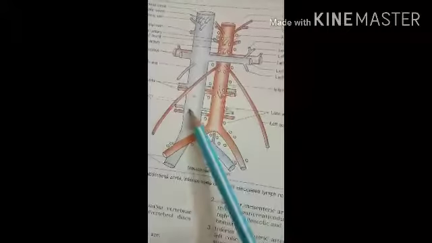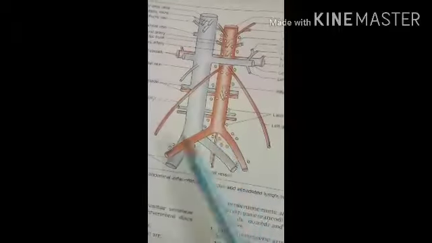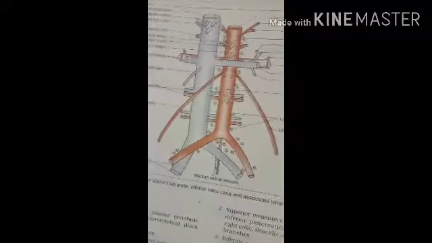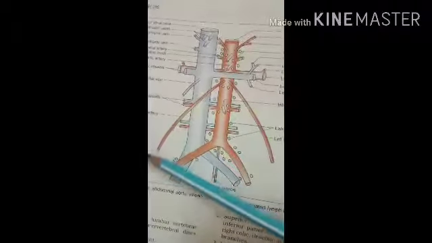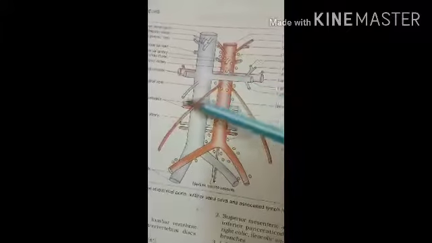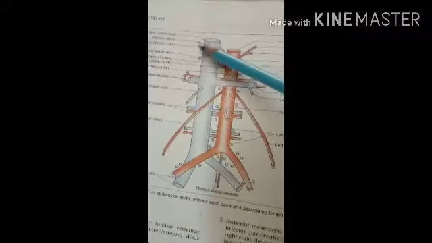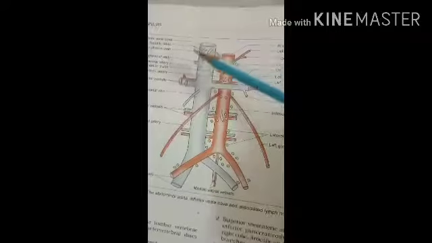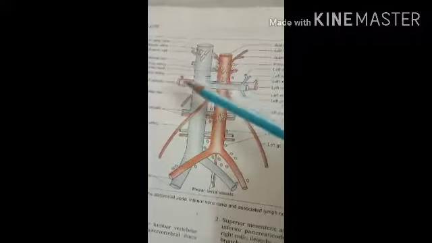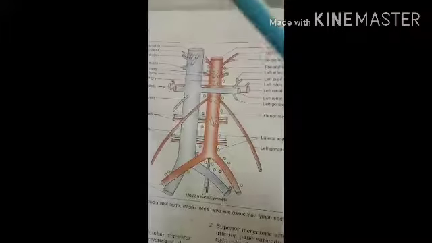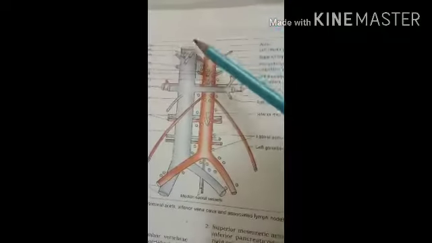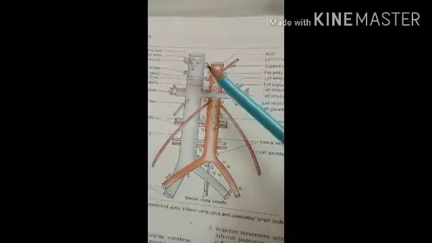In this diagram you can see that this inferior vena cava is present on the right side of the abdominal aorta. Then it ascends upwards on the right crus of the diaphragm to reach the groove on the posterior surface of the liver between the right and caudate lobe, and it pierces the central tendon of the diaphragm at the level of the T8 vertebra.